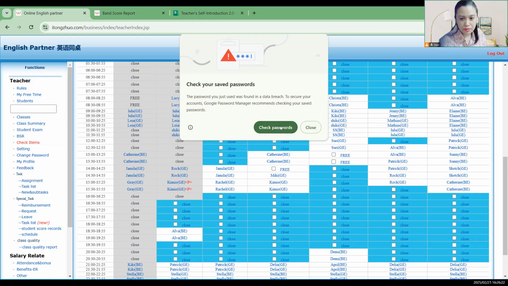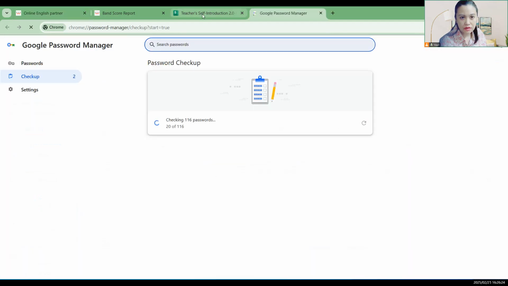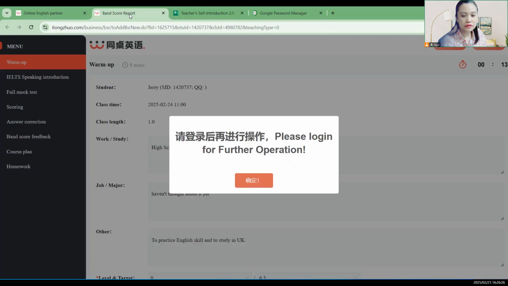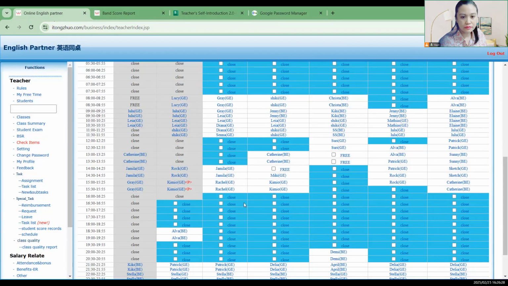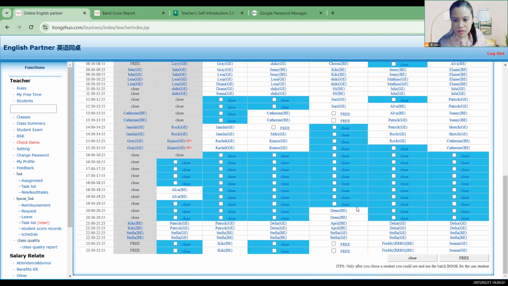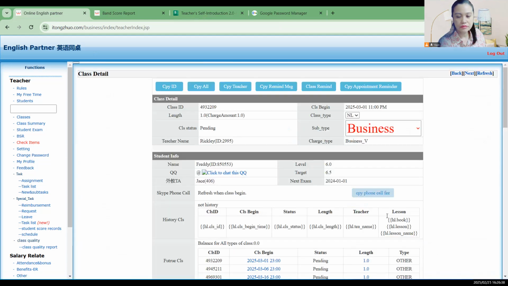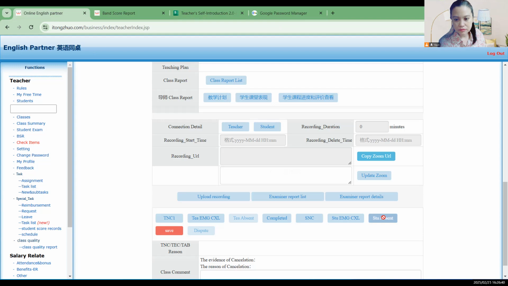So, check password. Wait a minute. It's all GE, BE. Anyway, mostly it's just complete save. I'll just give you screenshots of the other pop-ups that may appear here for completion.